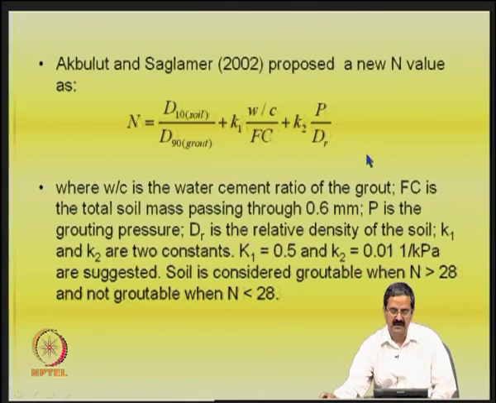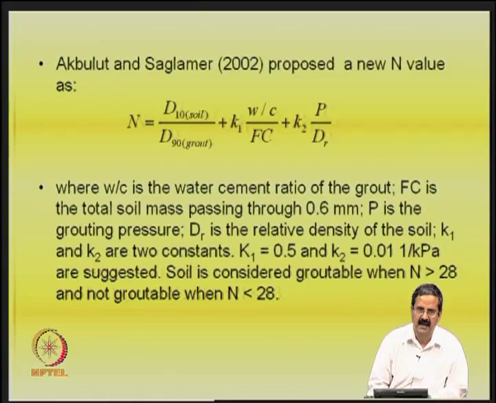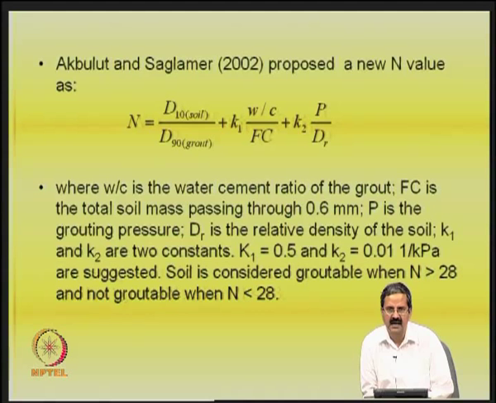Because if the relative density of the soil is higher, which means it is more dense, you cannot grout it that easily. Similarly, if the grout pressure is higher, definitely you can grout more. If the water cement ratio is higher, grout can flow easily. So some of these variables are there, and based on the work that they did, they made some